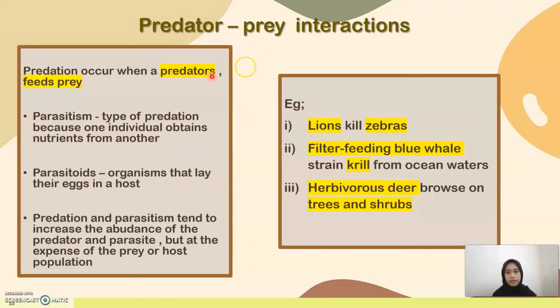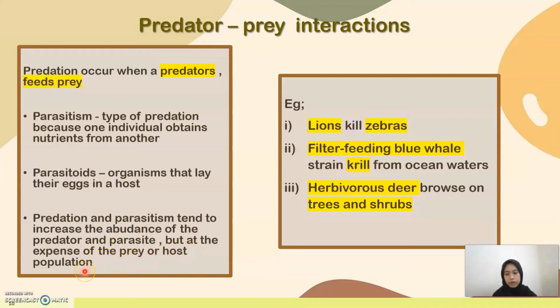Predator-prey interactions. Predation occurs when a living organism called a predator feeds on another called prey. Parasitism is considered a type of predation because one individual obtains nutrients from another. Parasitoids are organisms that lay their eggs in a host. Predation and parasitism tend to increase the abundance of the predator and parasite, but at the expense of the prey